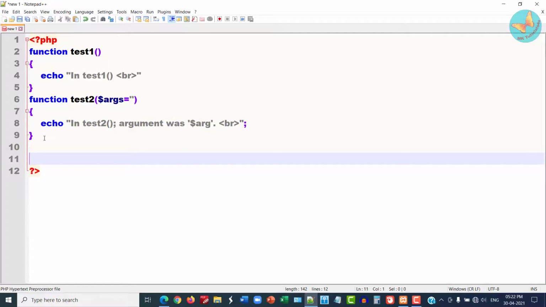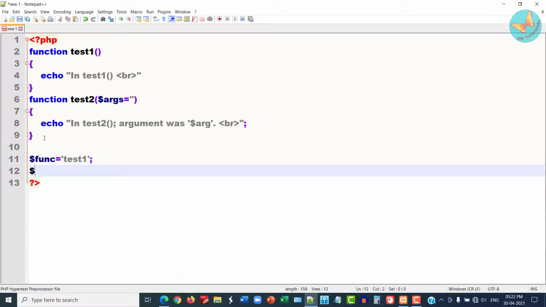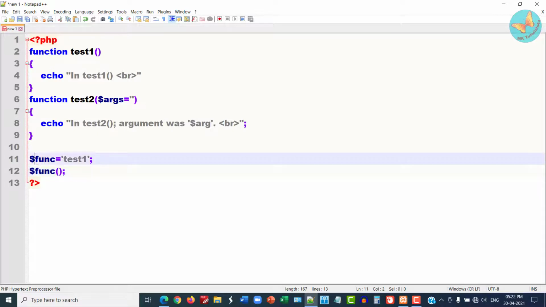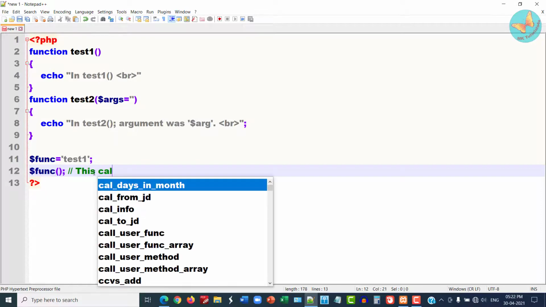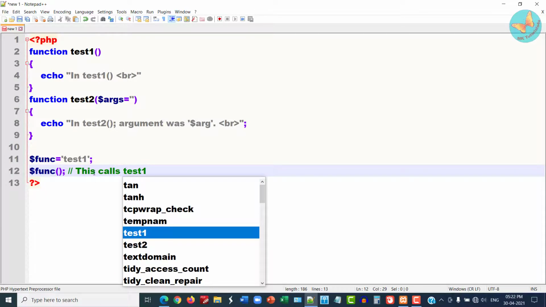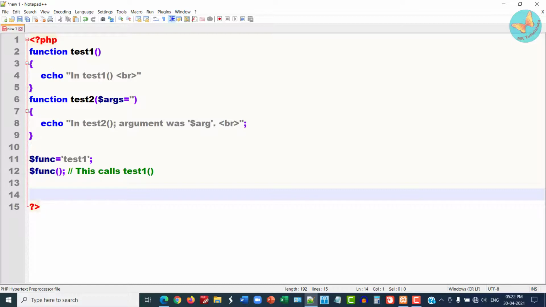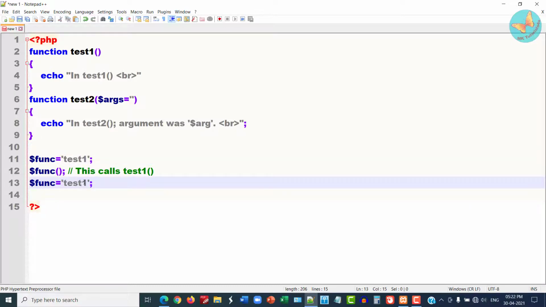Now let me define one variable called func, and I will first assign it the name of the first function, test1. Then here I'll write func, two parentheses, semicolon. As was the definition of variable function, parentheses are appended to the variable name, so this will call test1 function. Similarly, you can assign test2 to it